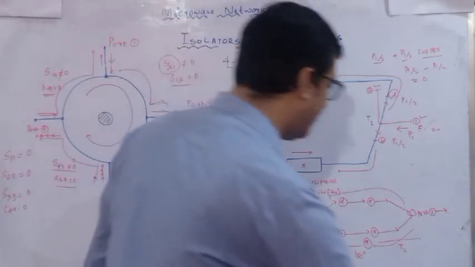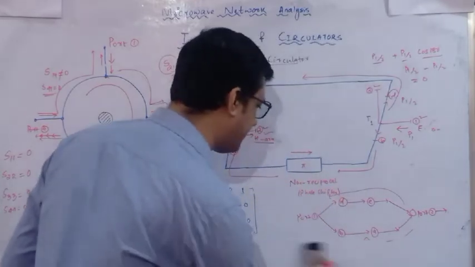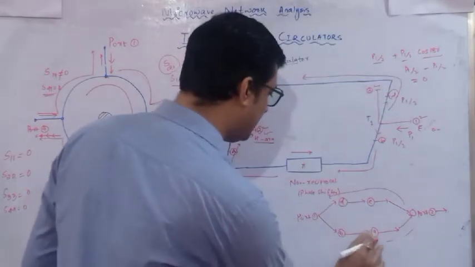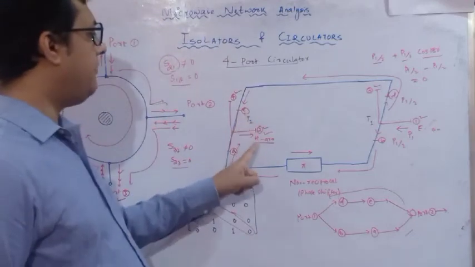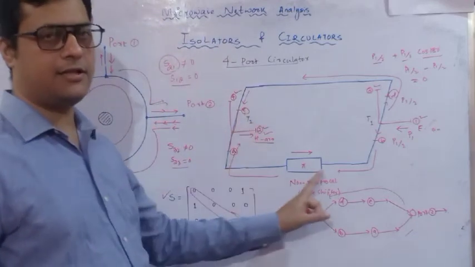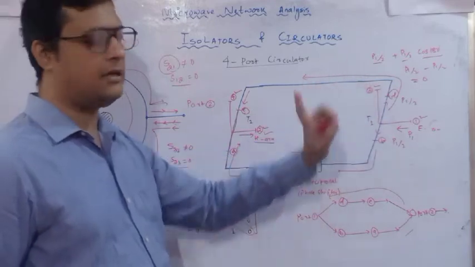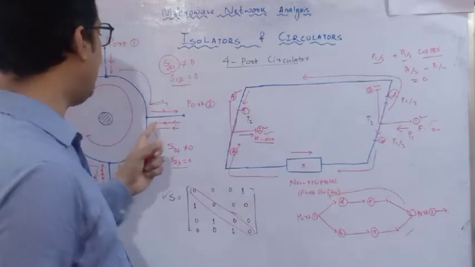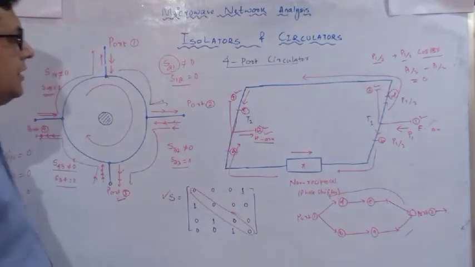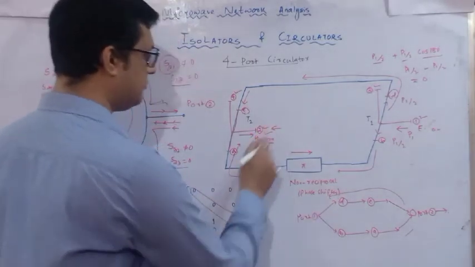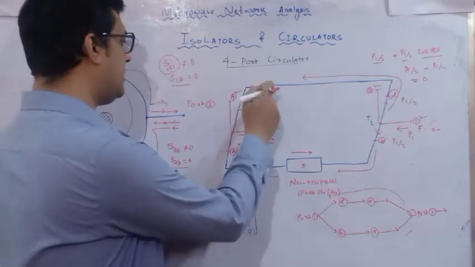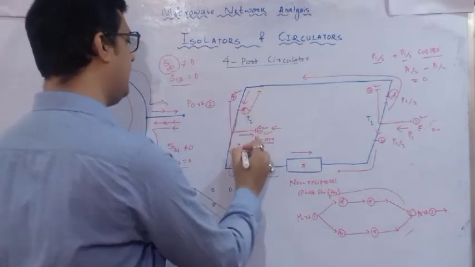So this is one. Similarly, if you feed the power, that I have discussed with respect to reflected, how 1 is not related with 3, okay, and how 2 is not related with 3. Now if you feed the power at port 2, now here if it is port 2, okay, now power is going to distribute in this E arm and A arm.